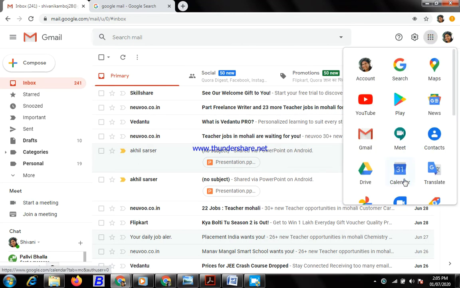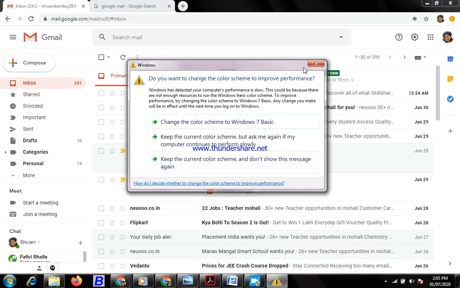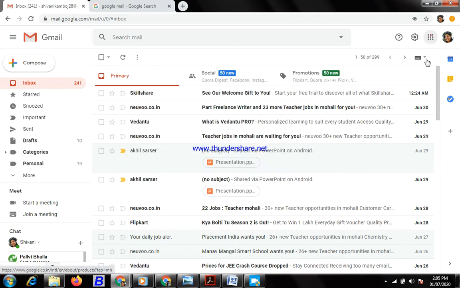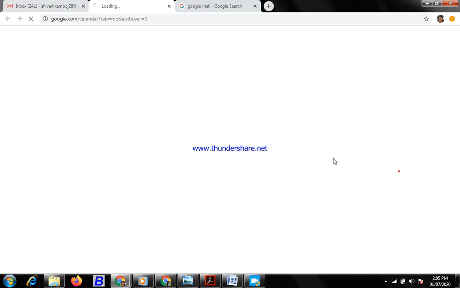You will get the option over here, Calendar. When you click this, automatically it will download this Google Calendar on your PC or laptop, and you will click this option and a new window of Google Calendar opens.